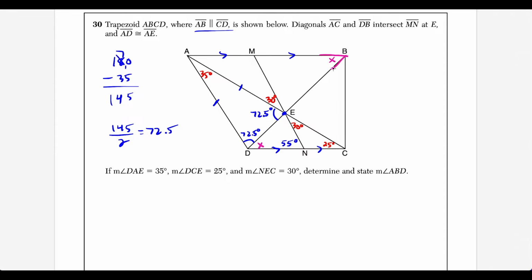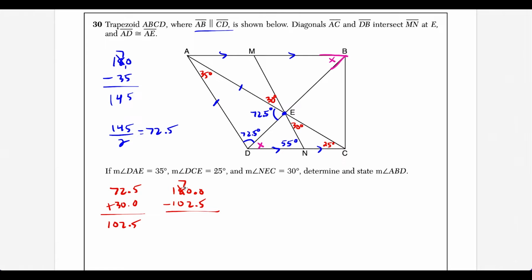So what we're going to do is add these two angles together, and I'll start using the space over here. So we have 72.5 plus 30. That would give us 102.5. So if I want to find the measure of this angle over here, what we could do is subtract 102.5 from 180. And now I'm just going to put a decimal 0 so I could actually do the